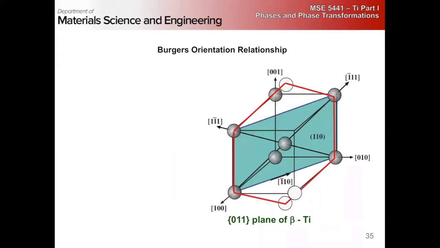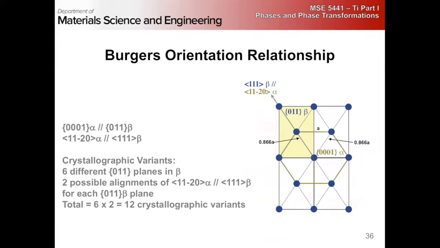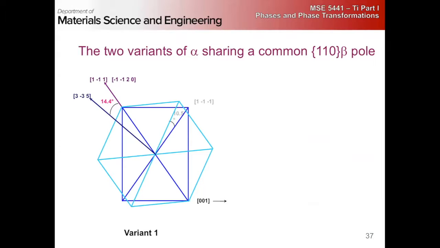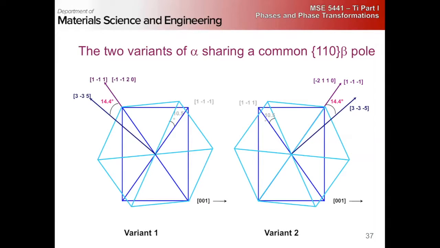We talked about the Burgers orientation relationship and how this is how essentially you go from BCC to HCP. And unlike the orientation relationships in steel, this is always observed, 100%, right? This doesn't deviate at all. So this is important to know, and it's just looking at how the two different variants that you can get from